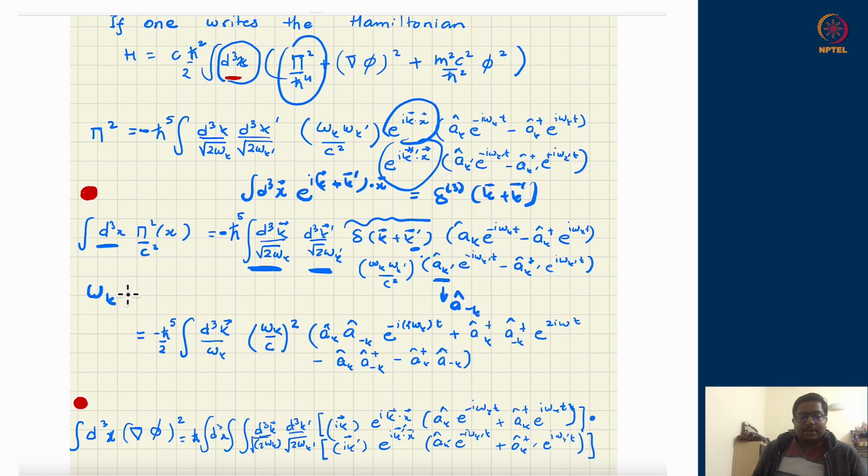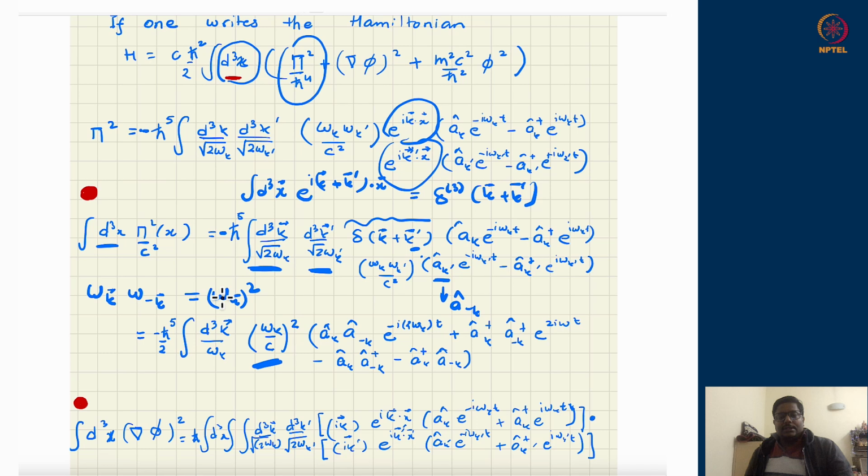Omega k, remember, was supposed to be k square c square, this is magnitude of vector k, plus m square c4 upon h square. So when I take omega of minus k, this remains unchanged because it is square in k. The vector k magnitude and vector minus k magnitude are the same thing. So omega does not change. So therefore, instead of having omega k primed, it should have gotten converted into omega of vector k, omega of vector minus k, which is same thing as omega k squared. So which is what we have written over here.